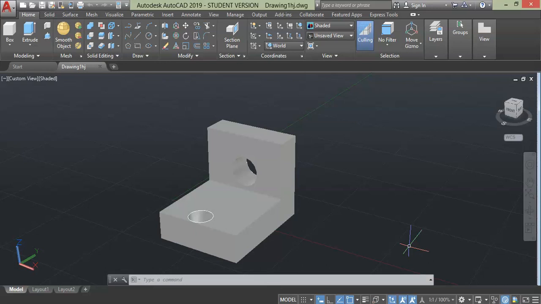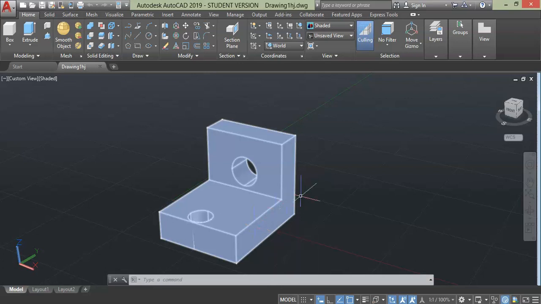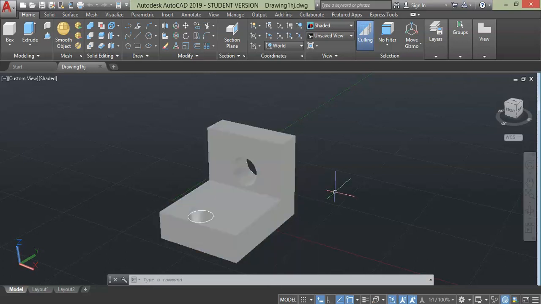In this chapter, I'm going to explain how to visualize solids using section planes. In this example, I'll be using this geometry and we want to see the cutaway parts with the help of section planes. To initiate this tool, go to the Section panel, right at the top button.